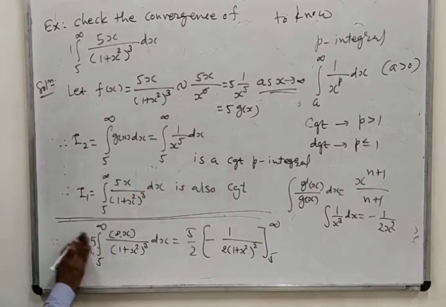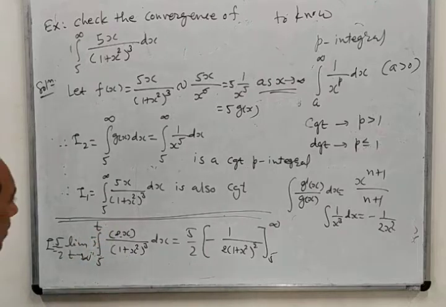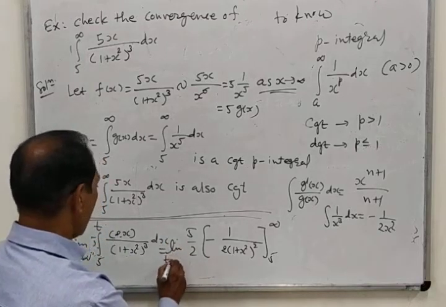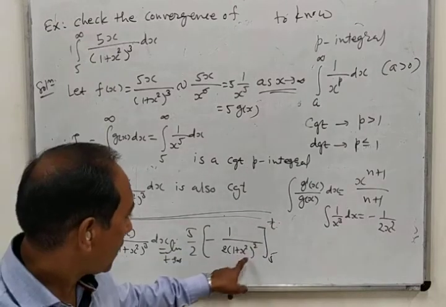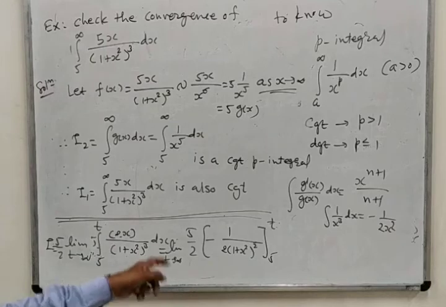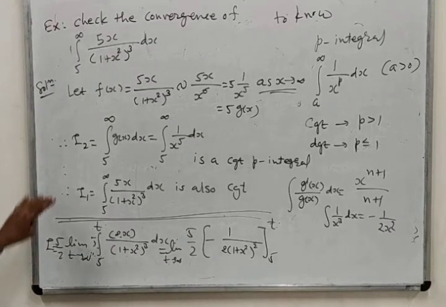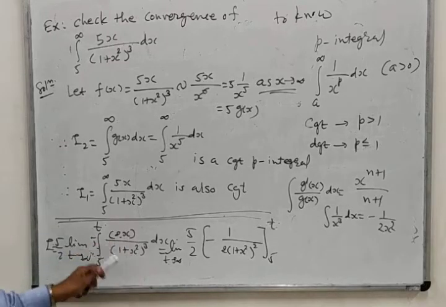But before that, I will have to write this as 5 by 2 limit t tends to infinity, with t here, because this is an improper integral. Then you can put t square, and 1 upon infinity is 0, and then you will find a value. You can do this part, but there is no need to do both kinds in an example. You can solve this directly by using the earlier method, because here we want to know whether it is convergent or divergent. Otherwise, if you know the integration, you can also do it very simply.